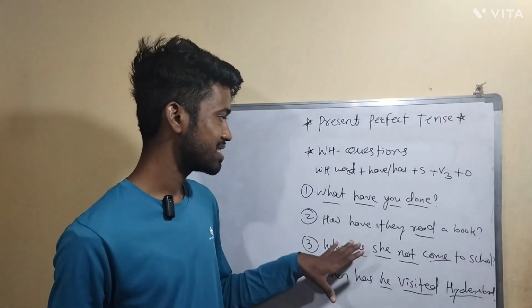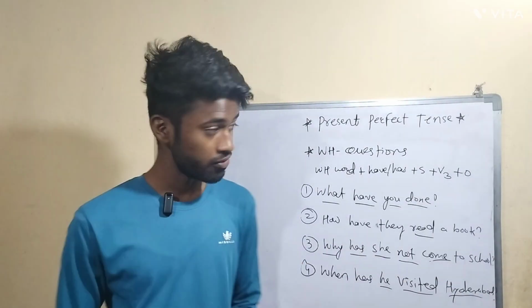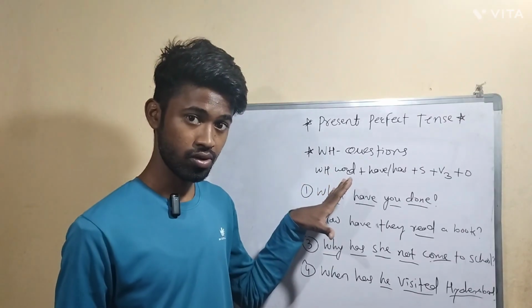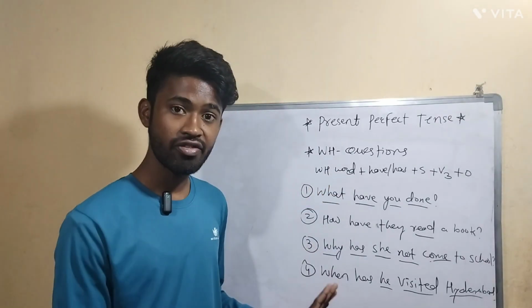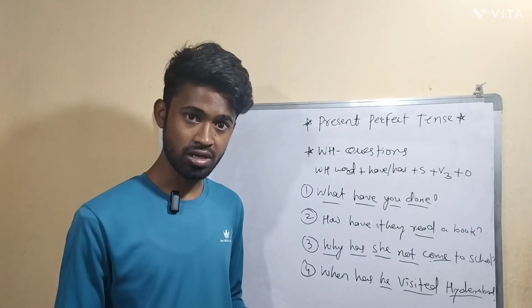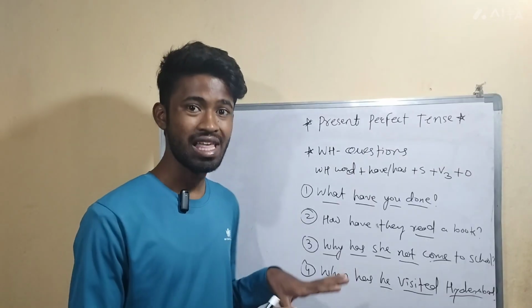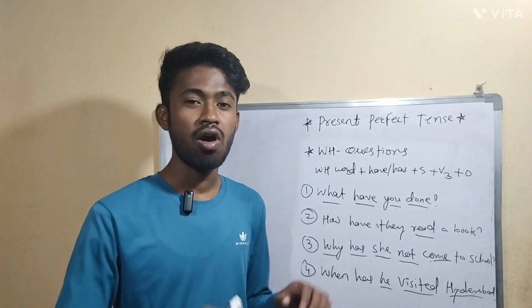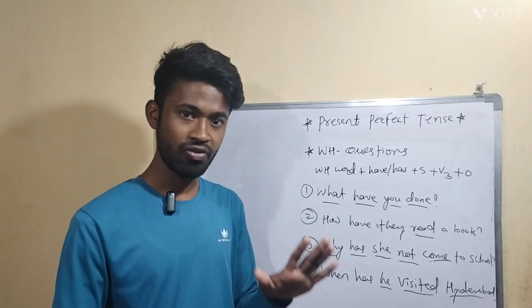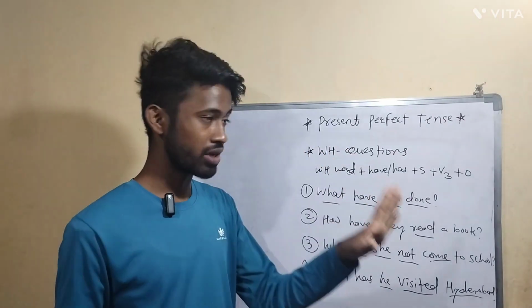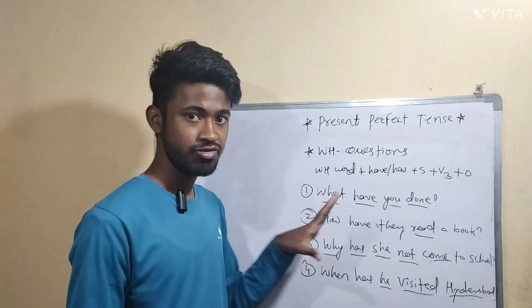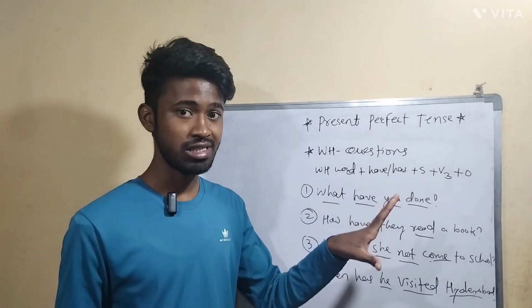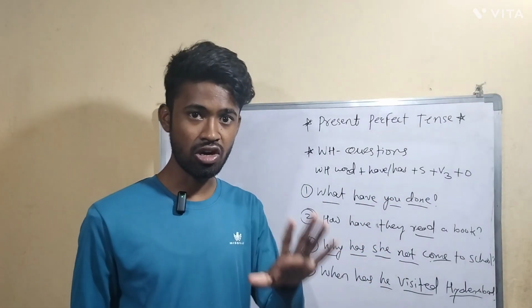So these are the few examples. So let's first see the structure. Okay. Here, I think, the examples are enough for you. Now you understood. Now I will tell you about the exercise, what you have to do. Today, I will not write. Today, you have to take 5 examples of positive sentences in present perfect tense. Okay. So as we started with positive sentences, right? Like this, any 5 sentences, you have to take.